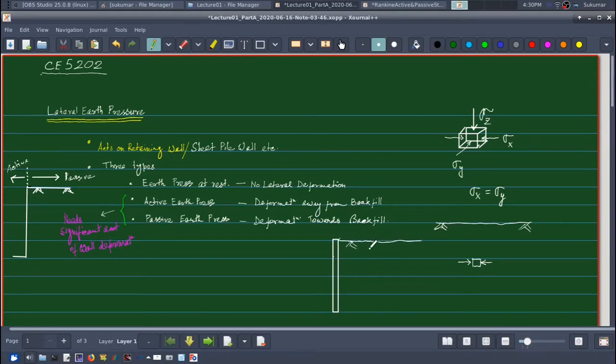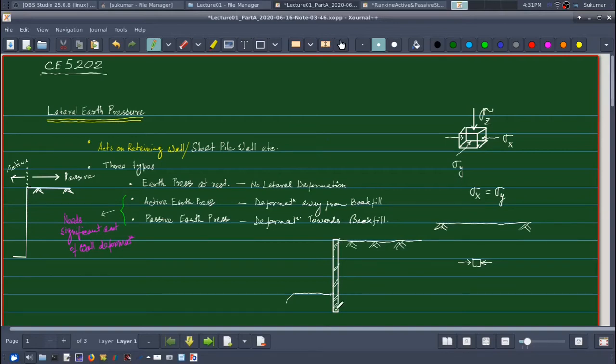It may be a man-made backfill or it may be a natural cut. Suppose there is a highway here, okay, there is a highway here or embankment. To retain the soil of the cut, I need to have some retaining wall,